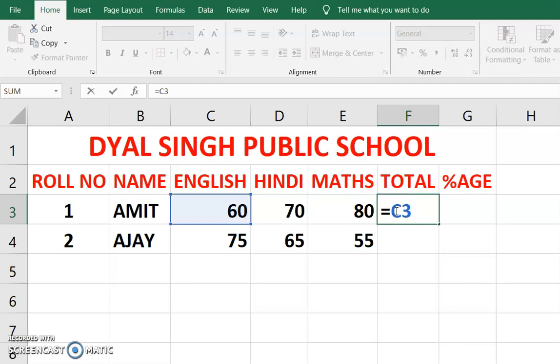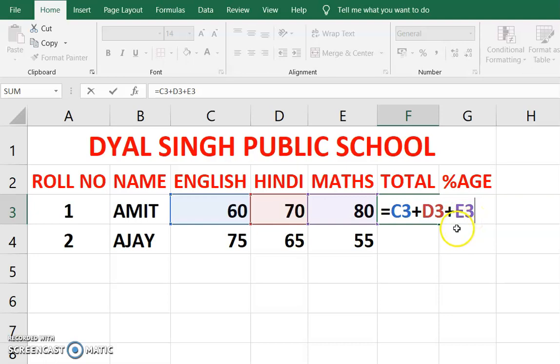Then type plus D3, which is used to type the marks of Hindi subject, plus E3, in which you have entered the marks of math subject. So here your formula is equal to C3 plus D3 plus E3.